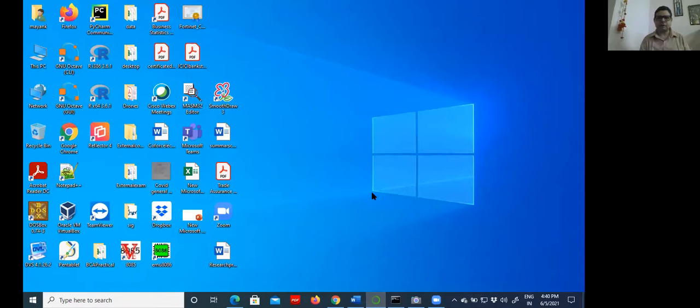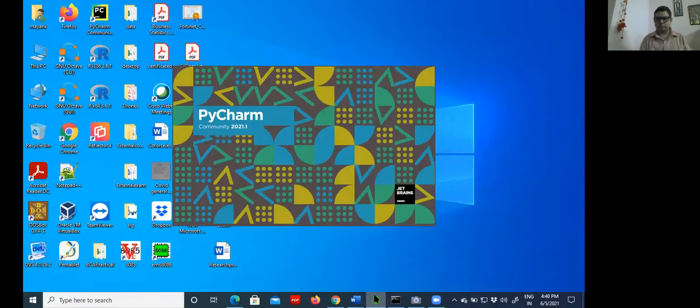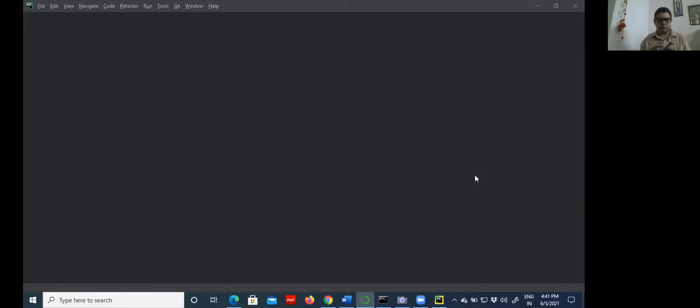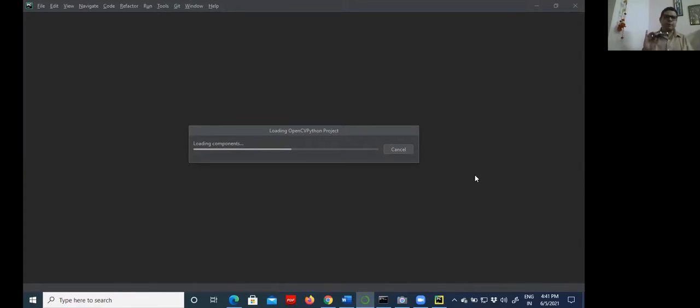Now I have started the PyCharm environment. PyCharm is an open IDE platform for Python programming. You can connect this drone with any programming platform, using Windows, Linux, Android, or a MacBook.